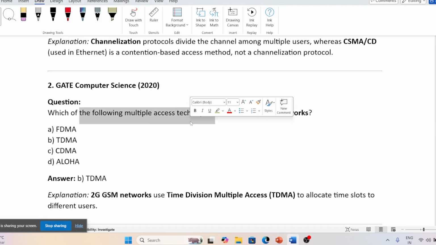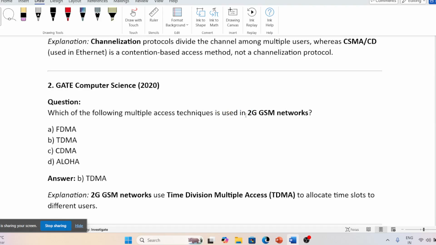Then which of the following multiple access technique is used in 2G GSM network? 2G GSM में कौन सी यूज किया जाता है? उस टाइम हम TDMA यूज करते थे, इसका इतना मेरे को आइडिया नहीं है। तो